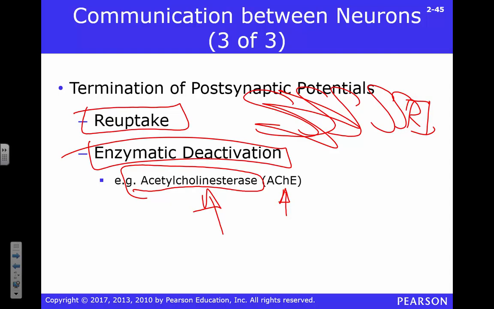Doesn't matter. So acetylcholinesterase, abbreviated AChE, comes in and takes acetylcholine and chops it in half. And so you get an acetyl ion and you get choline. It's not a big deal. So we're going to be busting up acetylcholine. That's going to stop it because it's no longer acetylcholine. So guess what it's not going to do? It's not going to work acetylcholine receptors, because it's not acetylcholine. So that's awesome.